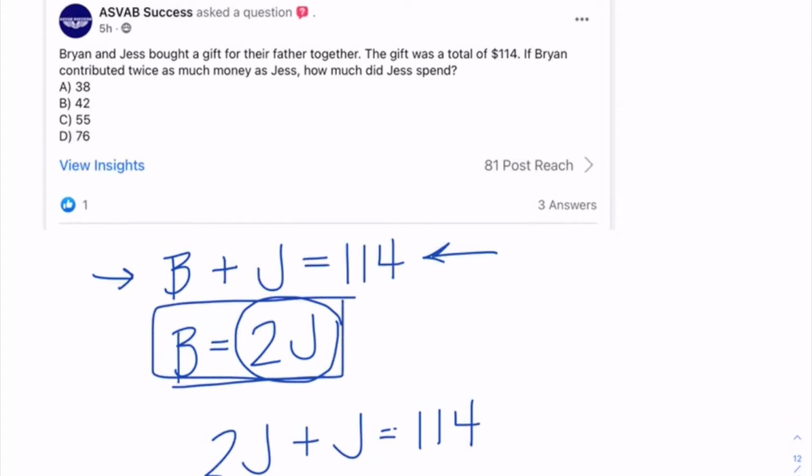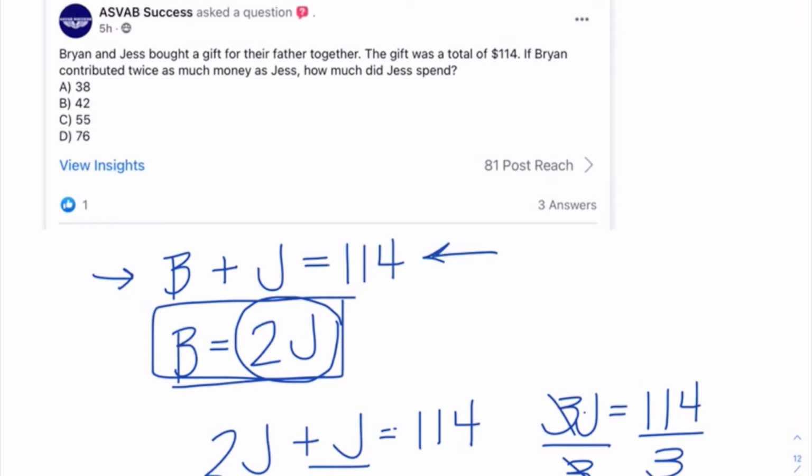Now, why did I do that? Because when I'm solving for something, if I have 2 variables, it makes it very difficult for me to be able to figure out what the value of one of them is. So by eliminating one of them, I'm making it easier for myself to solve, okay? So now 2J plus J gives me 3J equals 114. What I did was I combined these 2, I added them together. Now this 3 is multiplied to the J, so what I'm going to do is divide by 3,